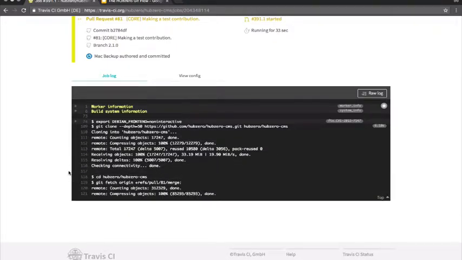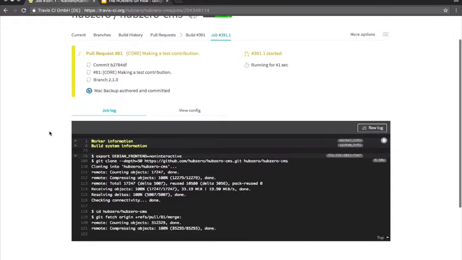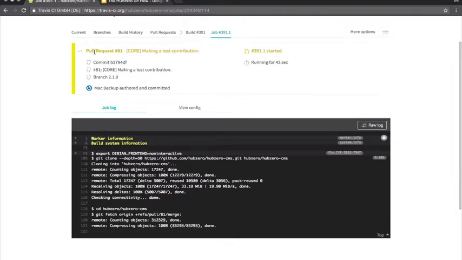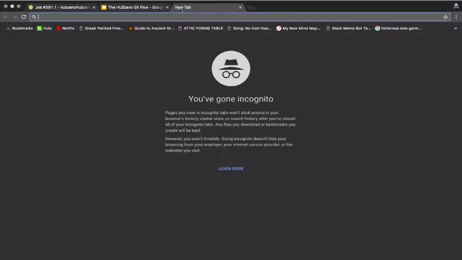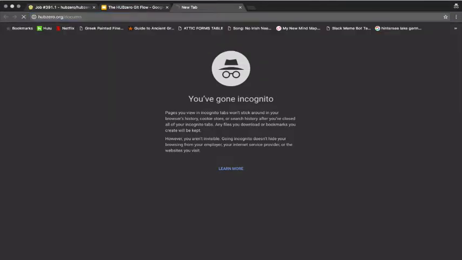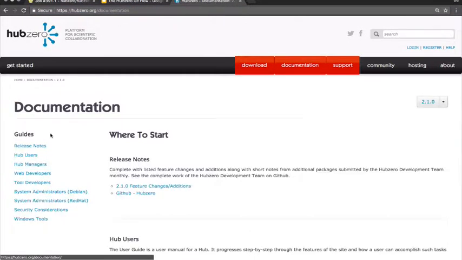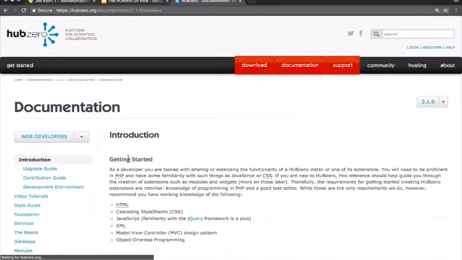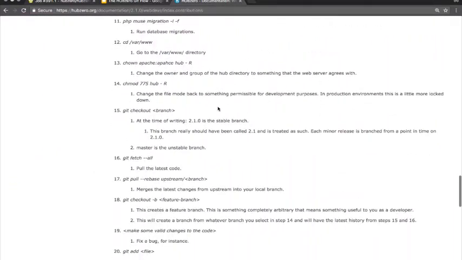It takes about 6 minutes to run, but we cannot accept pull requests that fail this. So what gets run here are our standards, and I'll show you. We do have this documented in our documentation. So if you go to hubzero.org, documentation, I keep hitting enter a little early today, I do apologize. If you go to web developers, and the contribution guide. Scroll down. It should be,